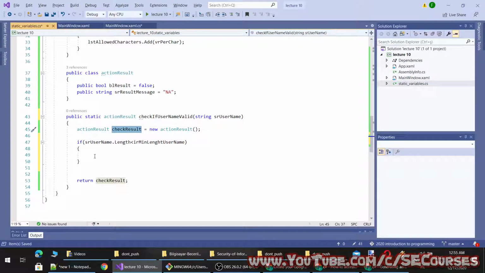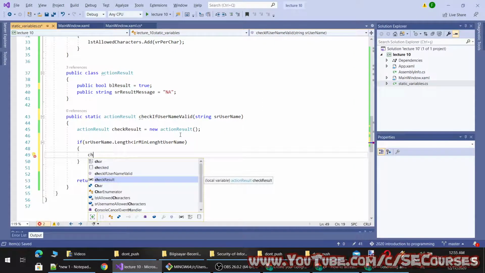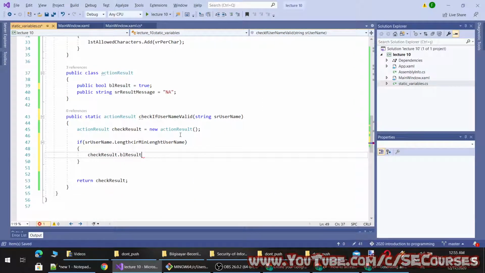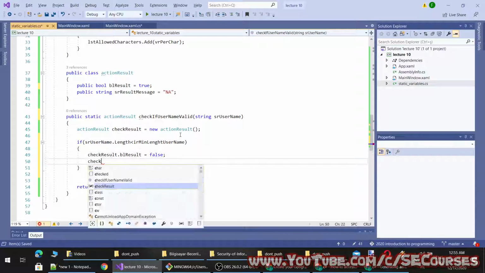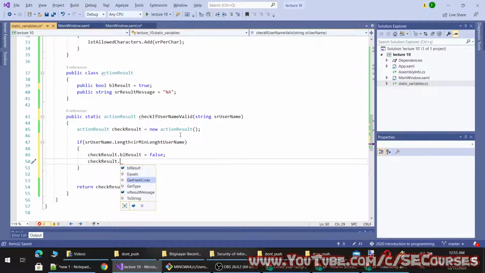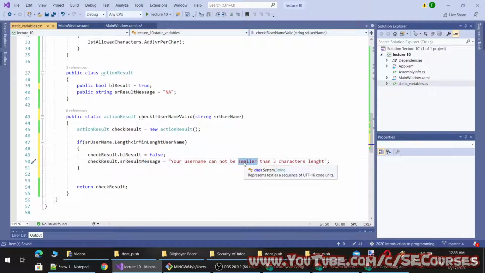I will assign the check result. By the way, let's make this true by default. And our check result will be false. Check result message will be: your username cannot be smaller than 3 characters length, or less than.